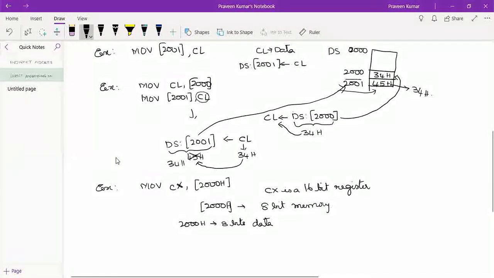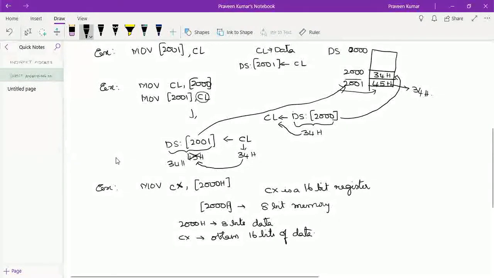It signifies that it is not the data of only one address location, but CX should obtain 16 bits of data. So how will it get 16 bits of data?